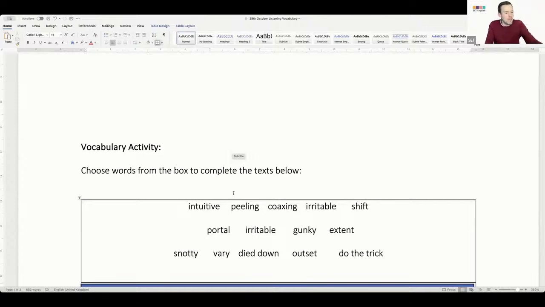Mohammed, Hassan, died down. Okay, died down. Last night there was a party next door. 8 p.m. Music booming, loud, loud, loud. I'm lying in bed thinking, I'm going to have to go and knock on their door. I'm going to have to go and talk to them. Really, really loud. Boom, boom, boom. It wasn't until 1 a.m. that it died down.